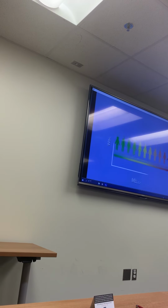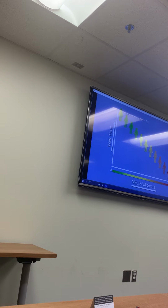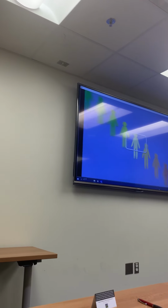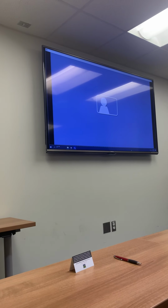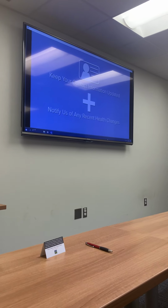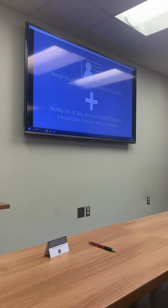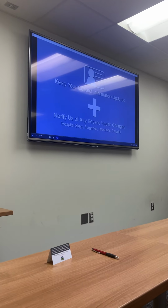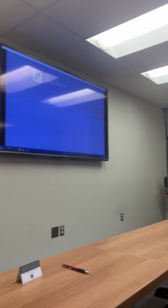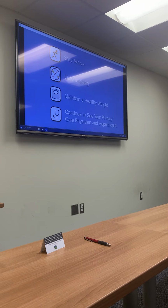Wait times for a deceased donor transplant vary greatly. Patients with lower MELD scores should expect to be listed for a longer time period prior to transplant. While you are on the liver transplant wait list, it is important for you to keep your contact information updated and notify us of any recent health status changes, including hospital stays, surgeries, infections, and dialysis. Also, maintain a healthy lifestyle, staying active, quit smoking, maintain a healthy weight, and continue to see your primary care